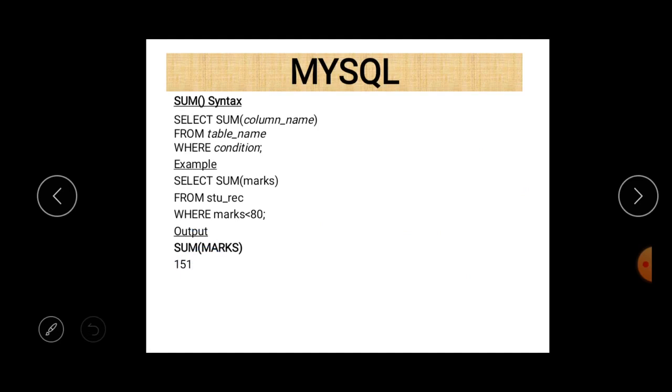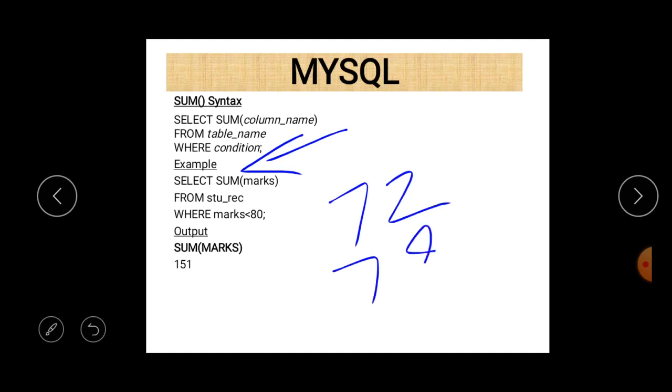Next is SUM. If you want to find out the sum or total, then you can use the SUM function. We write SUM in place of AVG compared to the last statement, and this is the sum of two values only here, 72 and 79, and the answer is 151, because the condition WHERE marks < 80 is also there.